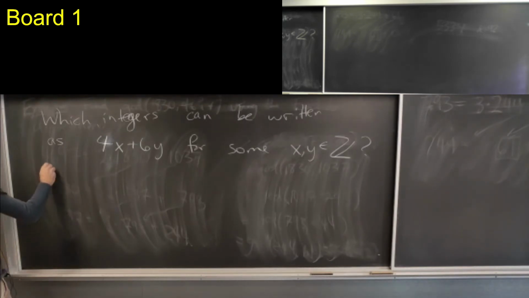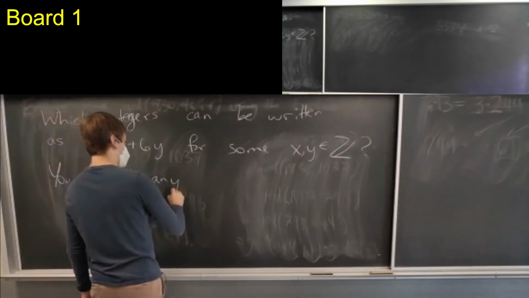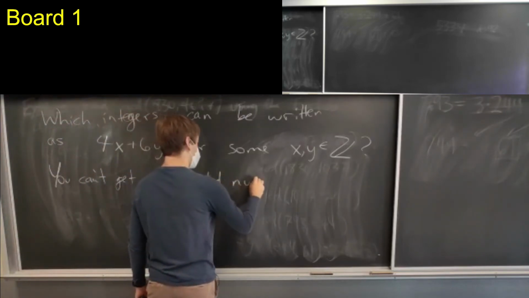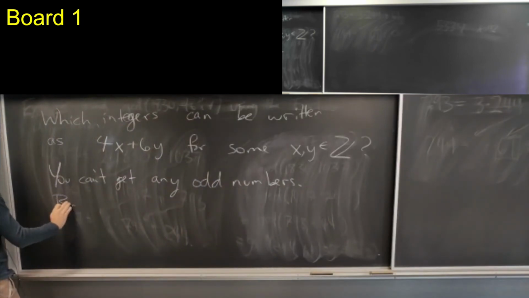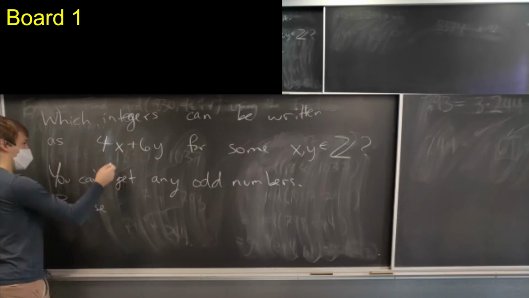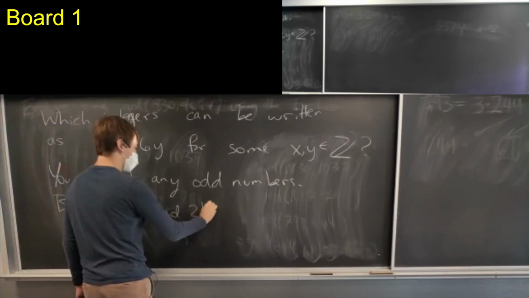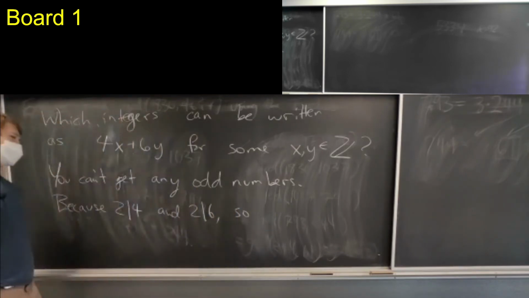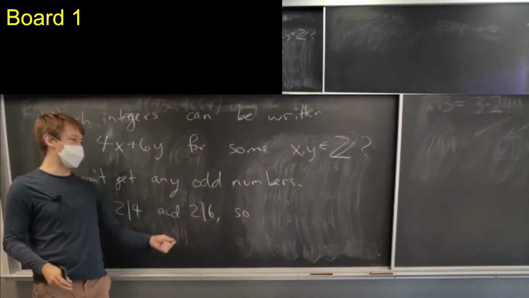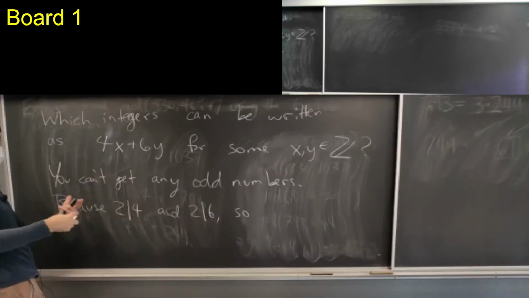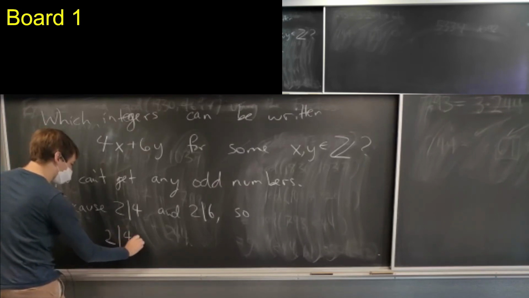So you can't get any odd numbers. The reason is because 4 is divisible by 2, so 2 divides 4, and 2 divides 6. So we had some proposition from earlier which says if something divides some number and something divides another number, then it divides any kind of combination of those numbers multiplied by integers. So 2 will always divide 4x plus 6y